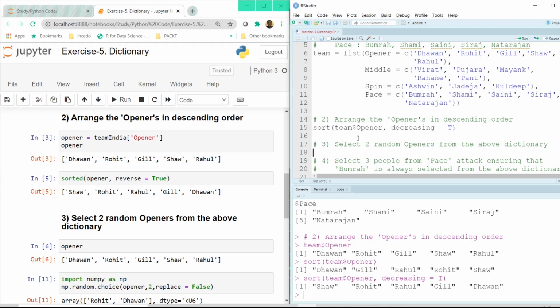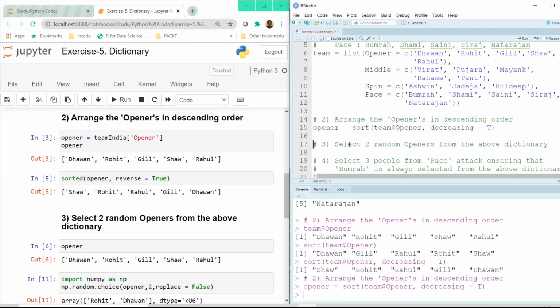All right, the next question now. Select two random openers from the above dictionary. So let me assign them to a variable called opener, and let me execute this line. So we have openers. Now select two random openers from the above dictionary. If we have to select two random openers, the way we do that is using the sample command.